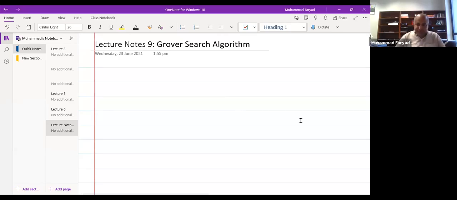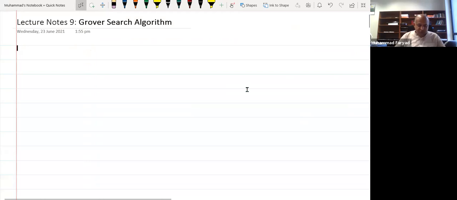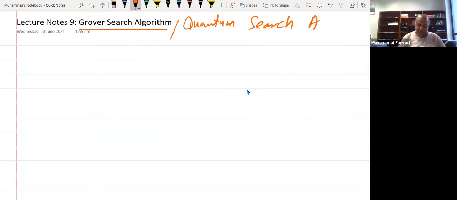Okay, let's go to the full screen. So today we will discuss this Grover search algorithm. This is sometimes also called just the quantum search algorithm. And the reason is this, which we will not prove right now, but it can be proved that this is almost as optimal as you can go in searching an unstructured set of elements on a quantum computer. So this is essentially the quantum search algorithm